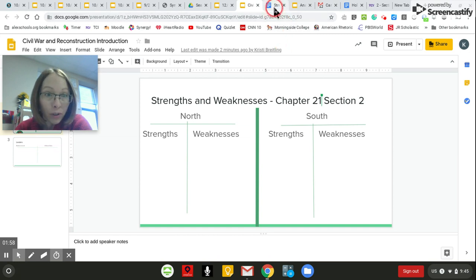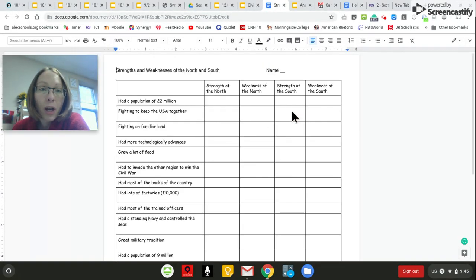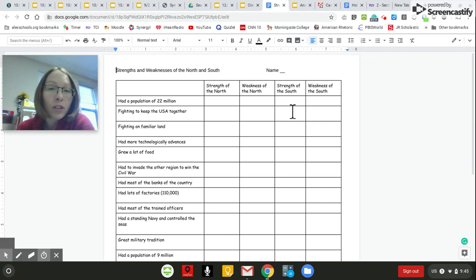When you're done with that and you've unpaused me, then the next thing you're going to do is go to Schoology and you're going to find this worksheet as soon as it pops up, hopefully, entitled Strengths and Weaknesses of the North and South. And I want you to just identify, so first of all, determine which side is being